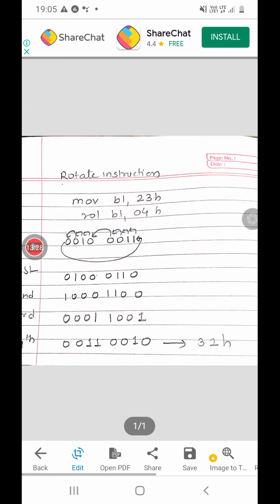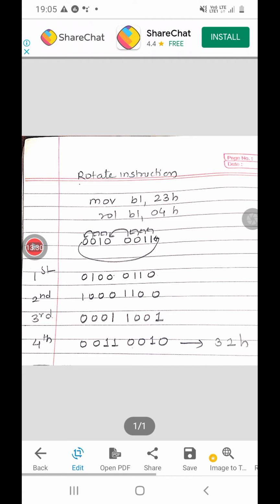What will it do? It will AND 0FH, that is 0000 1111, with 32H. Your value in BL is 32, 0011 0010.